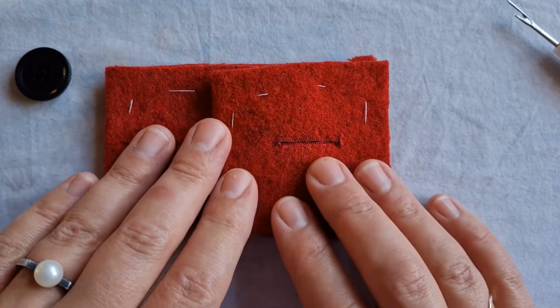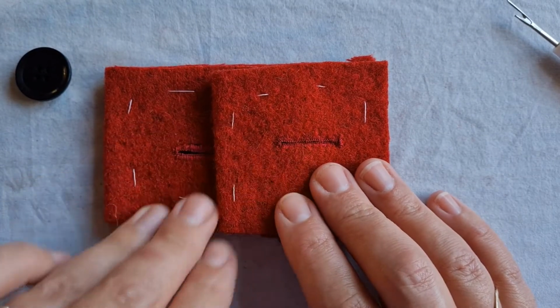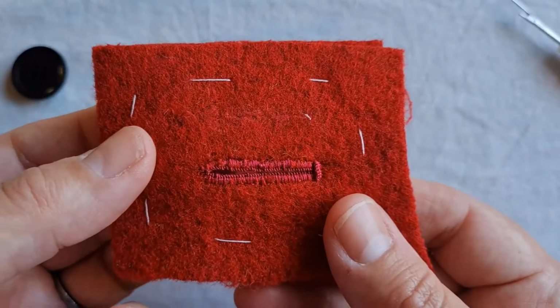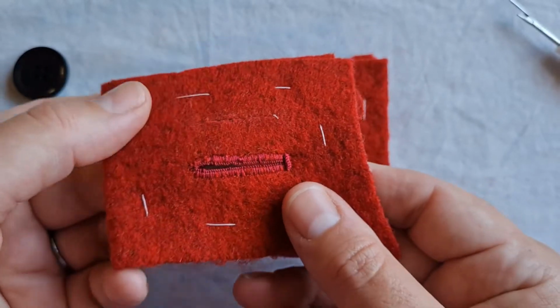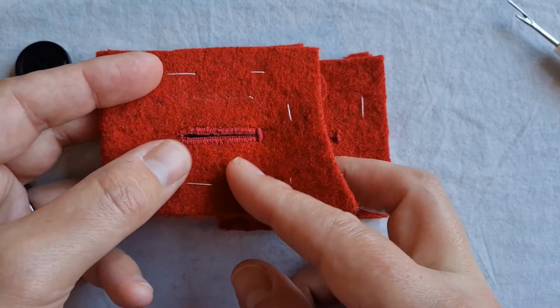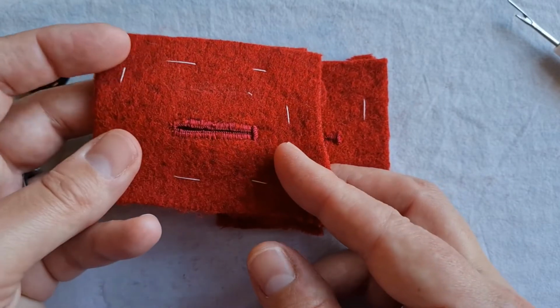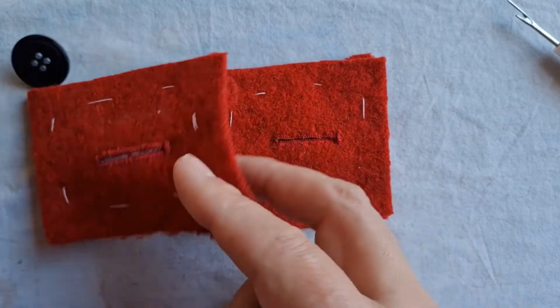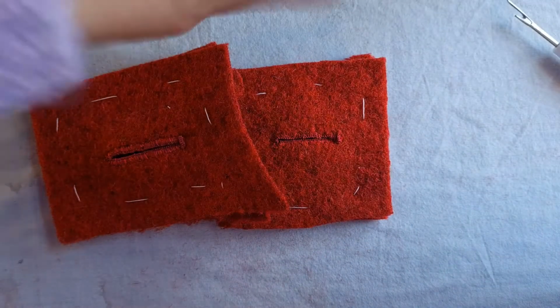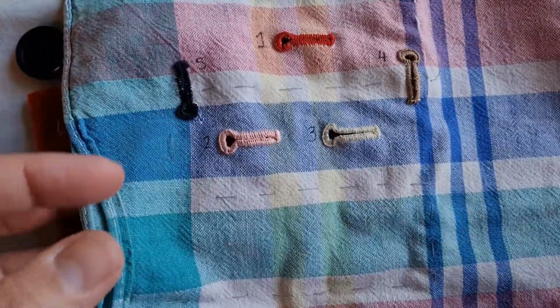And I'm showing you on a thick woolly fabric, and I think that this is much more forgiving of wonky stitches, because even this one, I would be happy for that to be on a coat, really. I mean, it's better than what I'd be able to sew on the sewing machine, I'm sure, on this thick fabric. So yeah, and here's a test piece that I did when I first was learning how to do them,